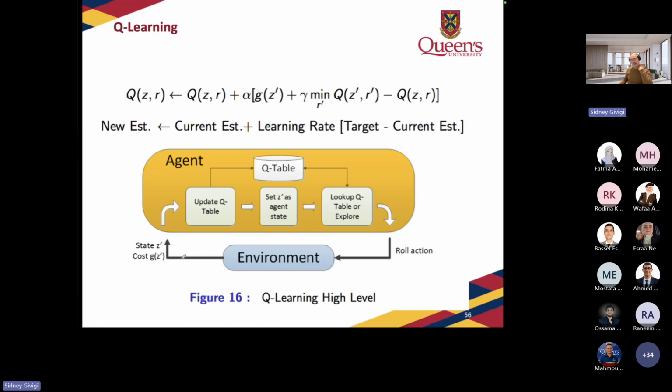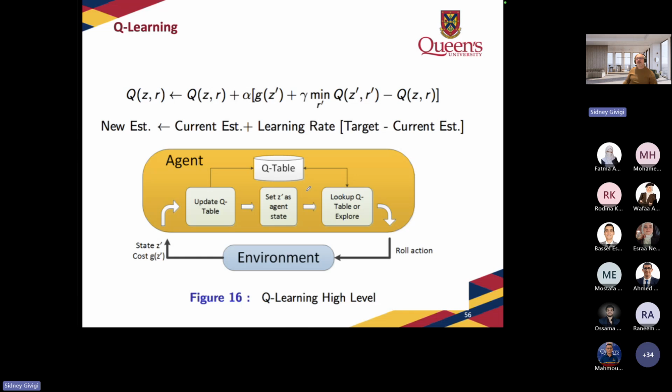So now you can understand what the loop is here, right? We have a state, we have the cost, the reward. So this is the environment. We send an action to this environment. We observe the state, we observe the cost, and then we have an agent that is going to update these entries on this Q table based on that. For you to find the best solution, you just go to the table and find it. And again, this can be a very high level thing. This can be a neural network, but in this case, it is a table, okay?